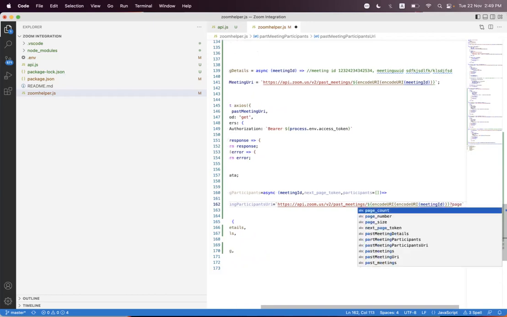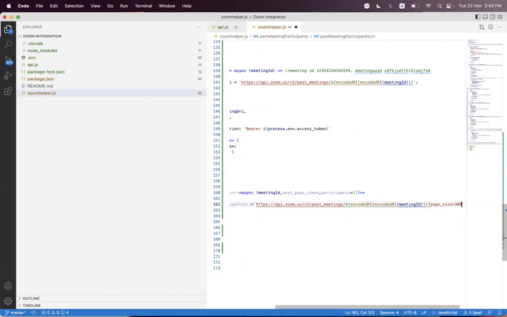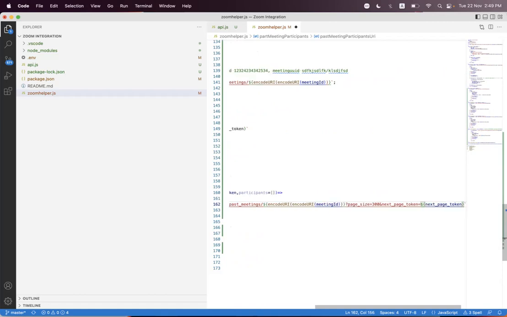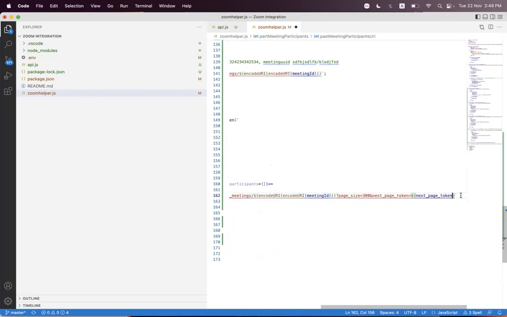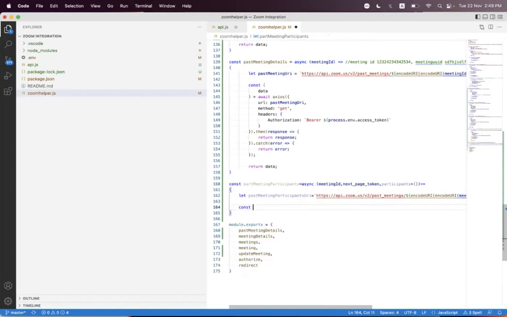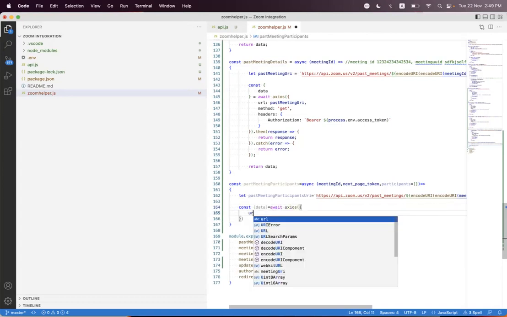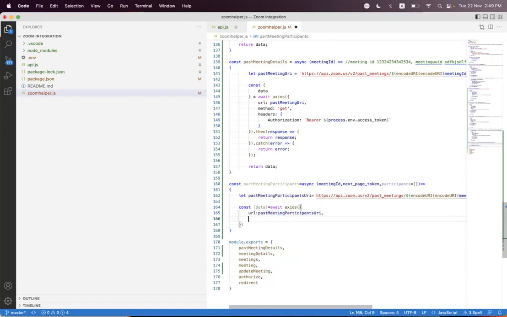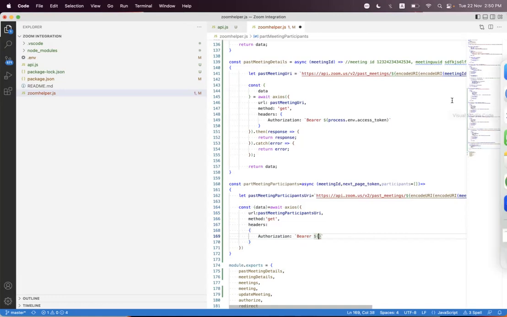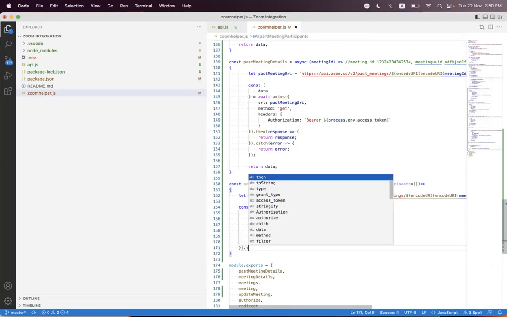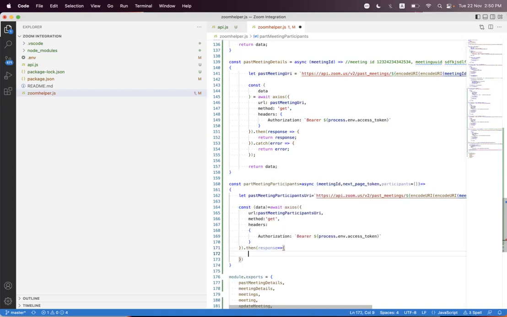We say page size max 300, and we pass the next page token. And that's it. Then we need to request the host data: await access, and we just configure it, passing the past meeting participant URL. The method will be get, and in headers we say authorization and bearer, and we just copy and paste. Then the response, we return the response,